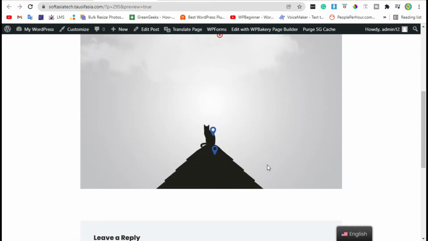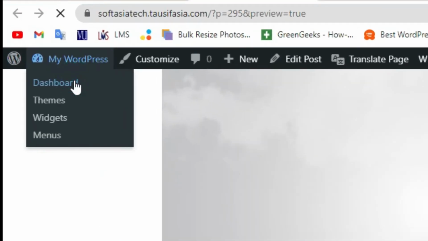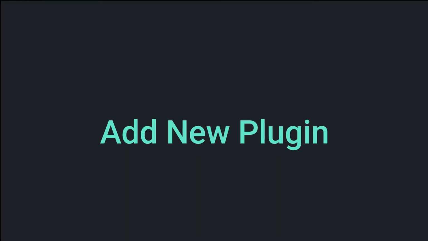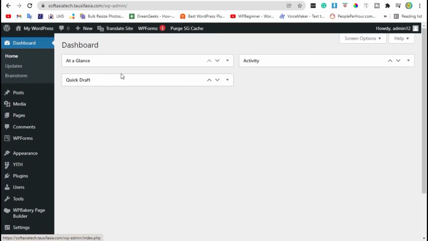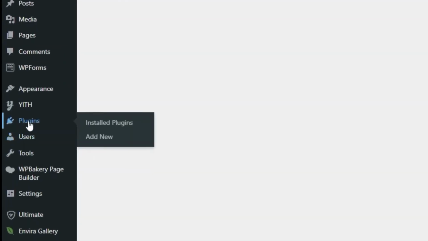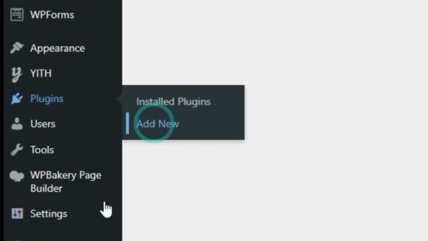To add this, first you need to log into dashboard. Once you logged into your site, go to the plugins and click on add new.